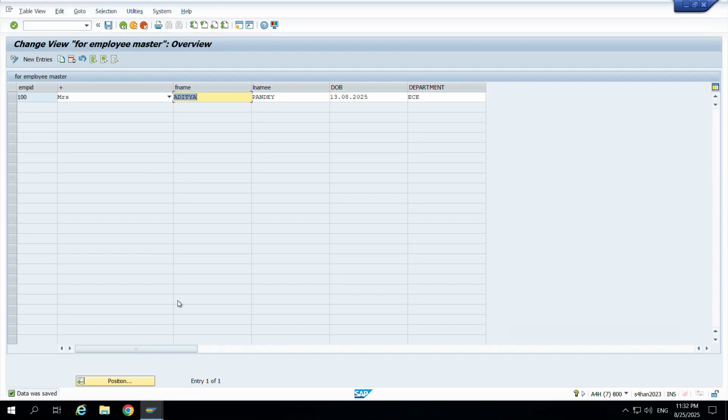That's all for today. In further classes we will discuss more. What we have learned today is how to create a custom table, how to create a TMG for the same custom table, and also how to create a transaction code. If we create a transaction code, then we can see our table directly through the command field, without the use of SE11. And that's all for today. For further classes we will discuss more. Thank you.